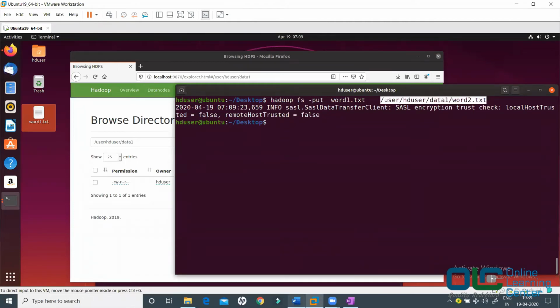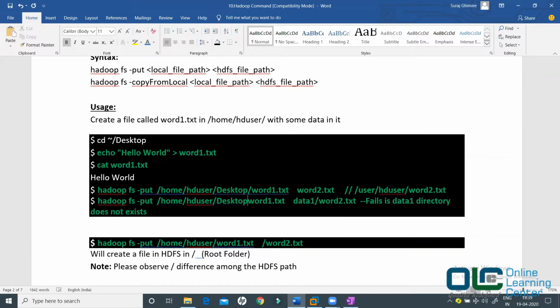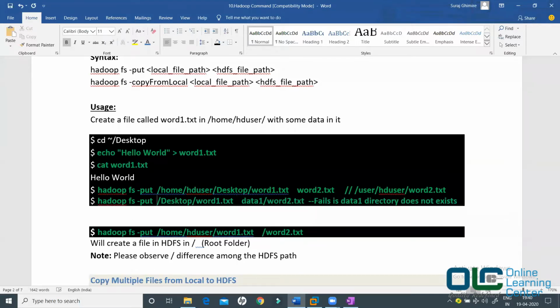So let's go back here. If I'm uploading it from desktop, then I should say desktop. Otherwise, this command will not work for you. Now, if you want to keep it a little simple and sweet, you can directly say it like this. So the meaning of this would be the same. Let me keep it as it is. This or this will point to the same path.